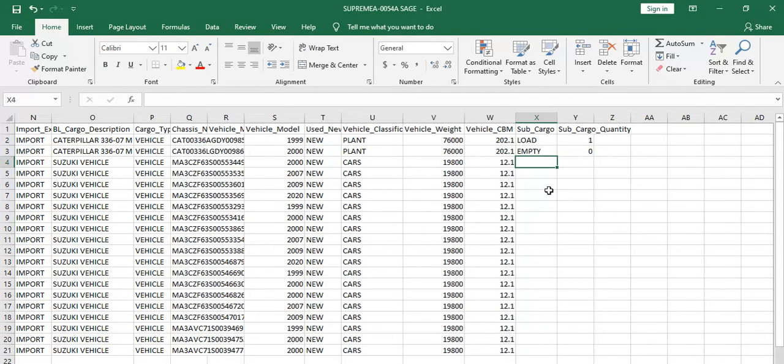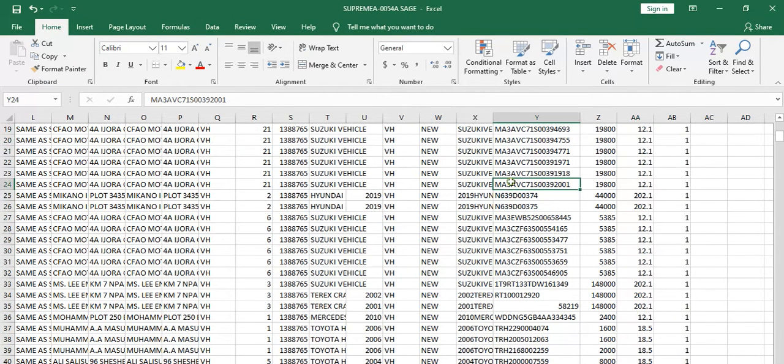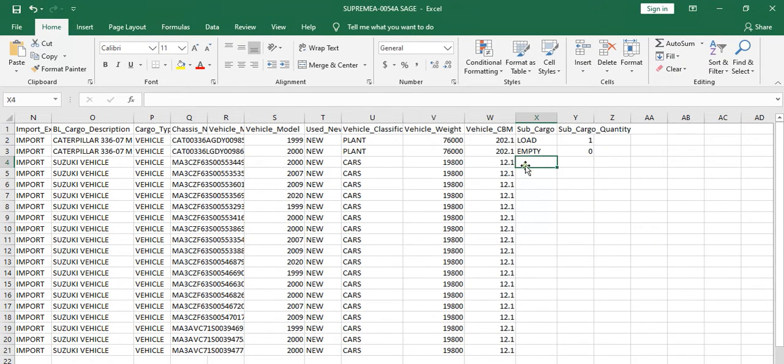In some other cases where it has been verified that the vehicle carries maybe one car on top of it, then what you have to do here is enter the car's chassis number, which we will copy here. Let's assume it carries this car, a Suzuki vehicle. We enter the chassis number here, and after entering the chassis number, it is very important that you enter hash